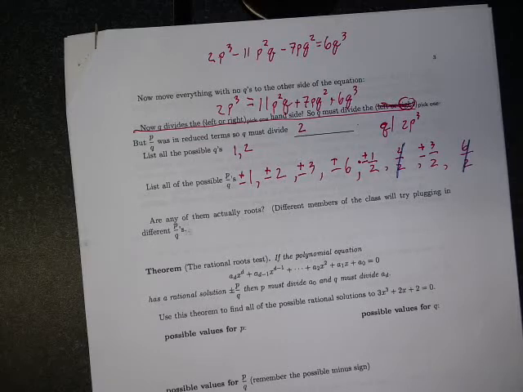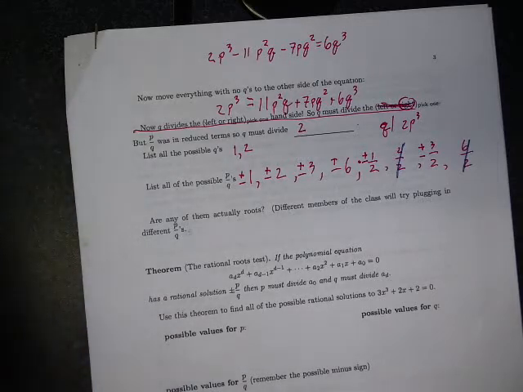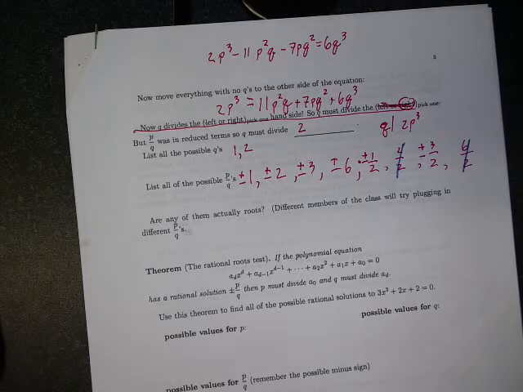Fortunately, there are a lot of people in this room. And so I'm going to say, you guys plug in plus or minus 2, tell me what you get. Plug in plus or minus 3 to the original polynomial, tell me what you get. Plus or minus 6. Plus or minus 1/2. Oh yeah, and you should definitely use a machine, unless you want to do computations by hand. I guess 2 isn't so big a number, so you guys could probably do yours by hand.